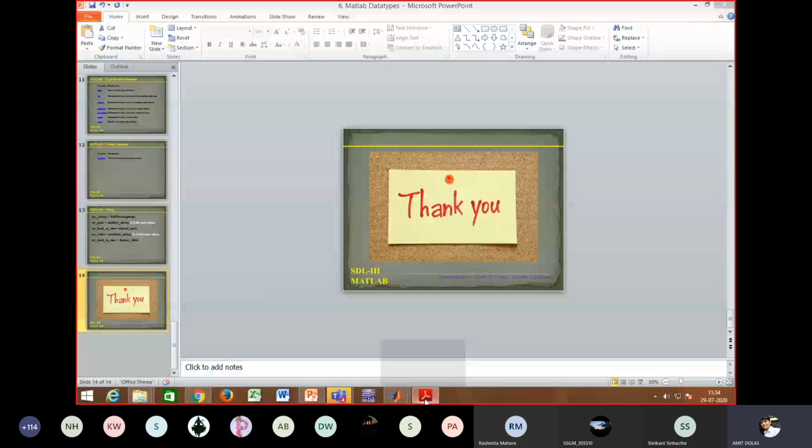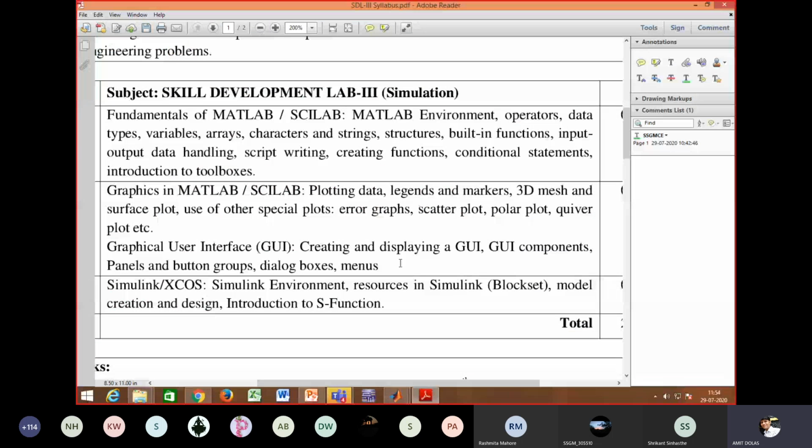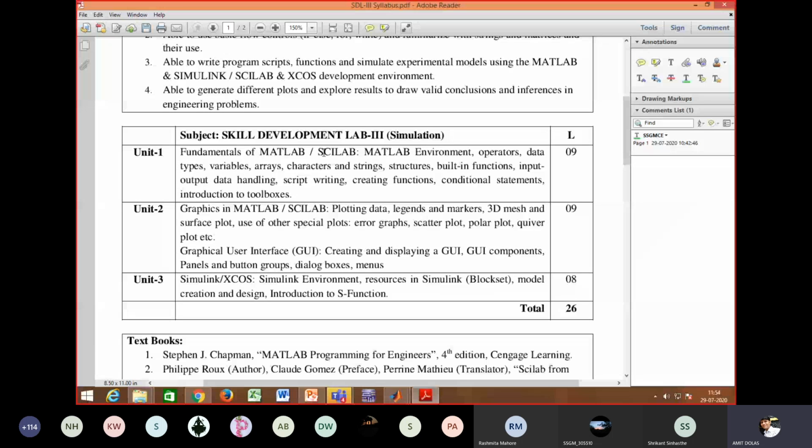So concluding, this is the syllabus for the first unit, out of which we have seen the fundamentals of MATLAB, the MATLAB environment, operators, data types, variables, and arrays we have created, character and string, how to use character and string, then structures we saw just now. We created a structure: a dot day, a dot color, a dot matrix, so that was a structure.